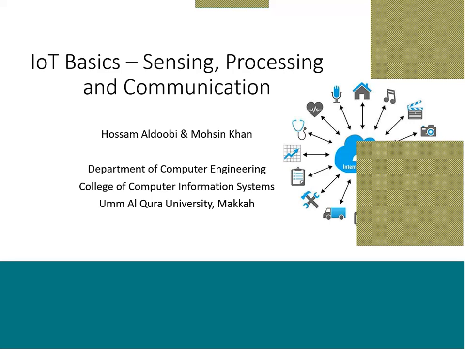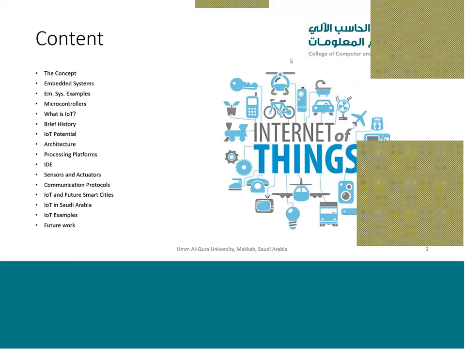So starting with the introduction, generic scenario, I will start from the concept of this Internet of Things. I will give you a short concept on what Internet of Things basically is. We'll go through the basics of embedded systems, because the brain or the heart of these Internet of Things is the embedded system. Then we will look at what microcontrollers are, what an IoT is basically, its history, its potential in analytics and artificial intelligence, and the basic architecture.